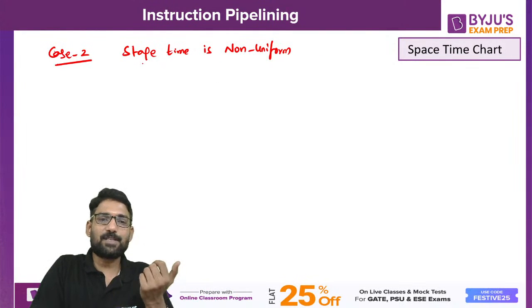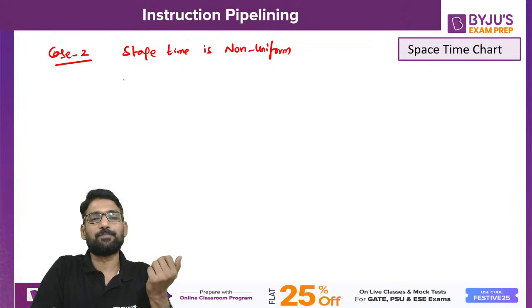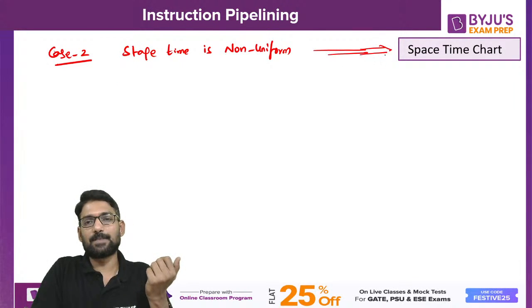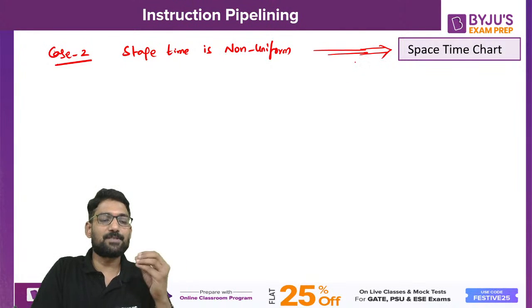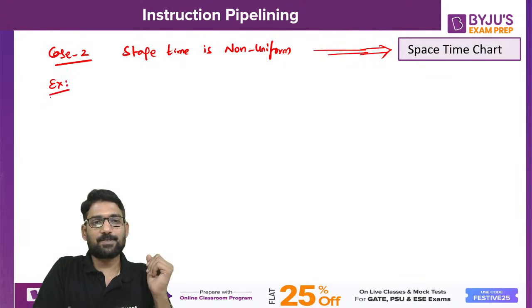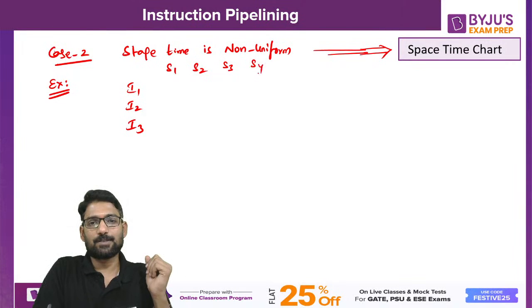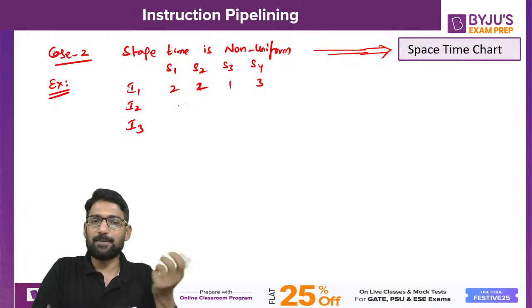So whenever the stage time is non-uniform, then we go for this graphical representation called space-time chart. Let us have an example for the space-time chart. Let's say we have 3 instructions. Each instruction is having 4 stages such that they are taking different times. In this way,